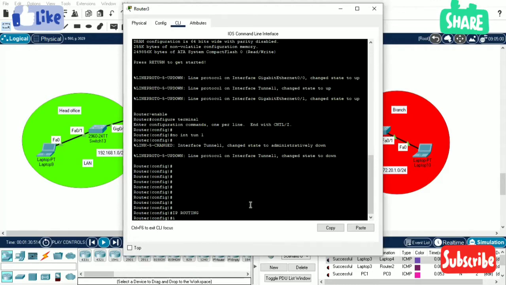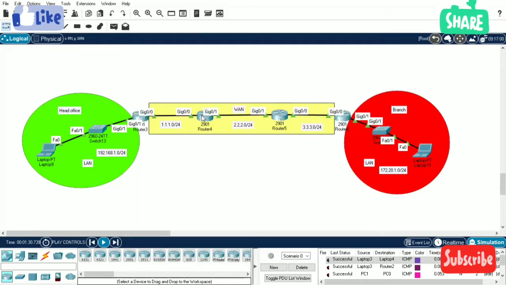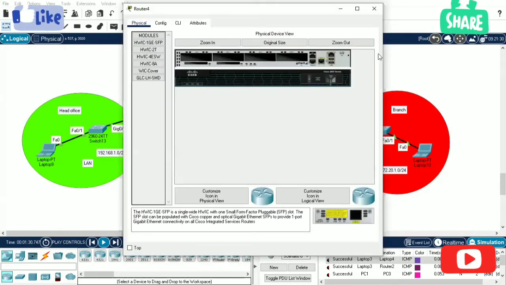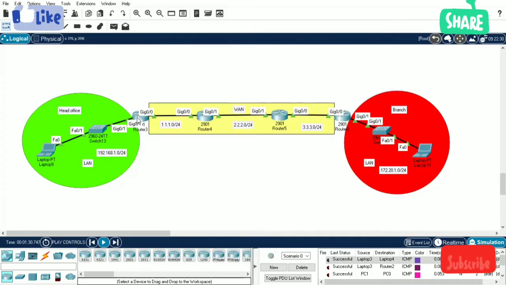Then IP route 0.0.0.0 0.0.0.0 to this router. The IP address is 1.1.1.2.